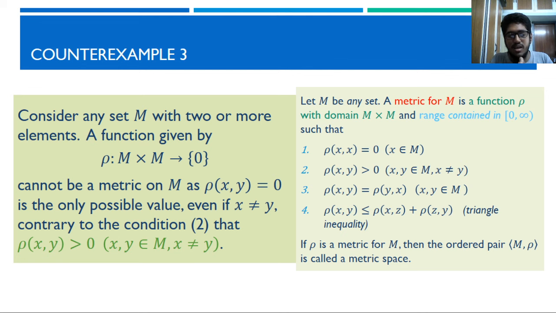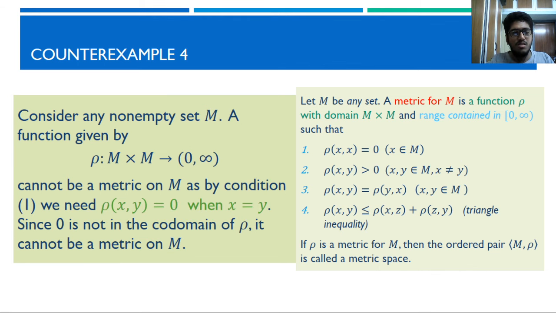Because I have trimmed the definition a bit here, but initially when we defined it, we said M should be non-empty. So 0 is not allowed. The only possibility is 1. When it's 1, as we already said, rho of x, x is the only possibility, equal to 0, and it works as a metric. Now let's look at another counterexample. We'll hopefully wind up with this particular counterexample, and there are a couple more counterexamples, 4 or 5 more, which we will continue in the next class.